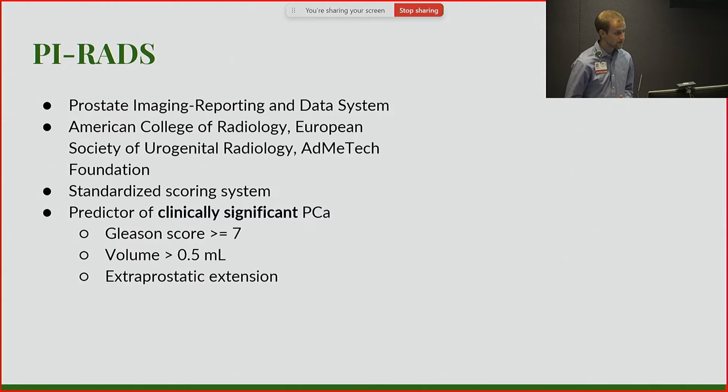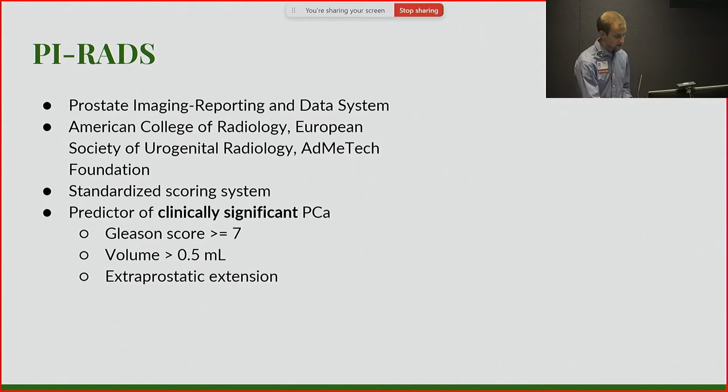It's a combined effort between the American College of Radiology, the European Society, as well as a foundation. It's supposed to be a standardized scoring system. The goal is to predict clinically significant prostate cancer, grade group 2 and above, ones that we might treat. So Gleason score greater than or equal to 7, larger volume cancers greater than half of a milliliter, and especially cancers that may have some local invasion extending outside